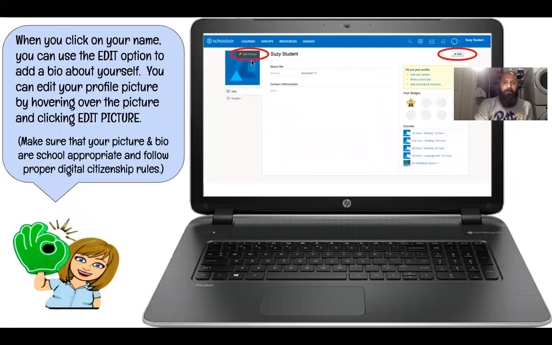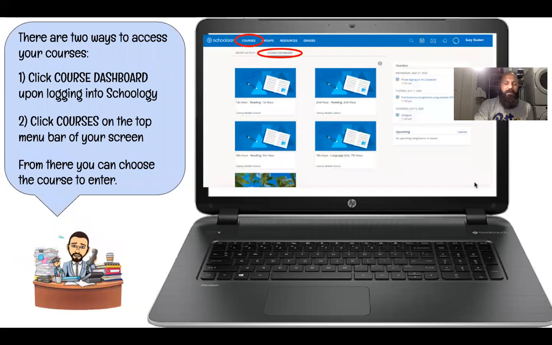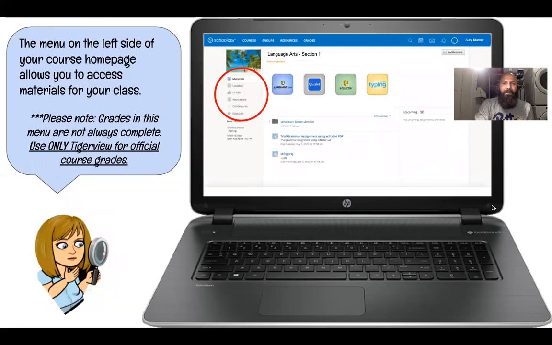Yeah, and on your profile, you can edit it. A lot of you guys, I've seen, put pictures of yourselves and everything, and that kind of helps me put a face to your names, especially you guys who I'm not as familiar with. And it shows me that you're at least starting to figure Schoology out a little bit, which is a good thing. So you're gonna have your courses. You guys are gonna have math, science, language arts, social studies, whatever. Mine looks a little bit different just because I'm on the teacher end of it. And then you're gonna have materials, updates, grades, attendance,